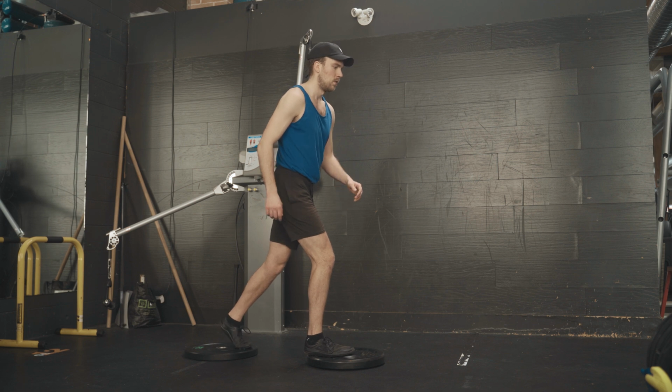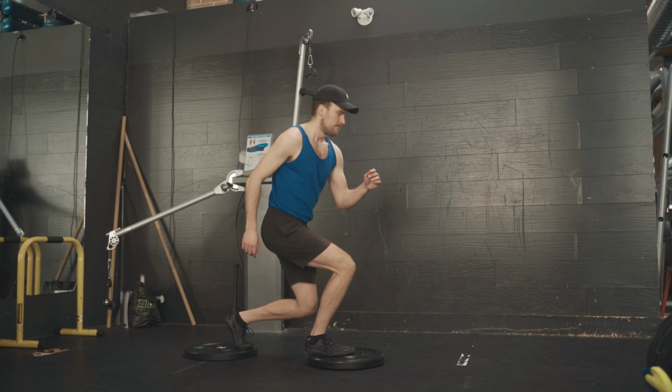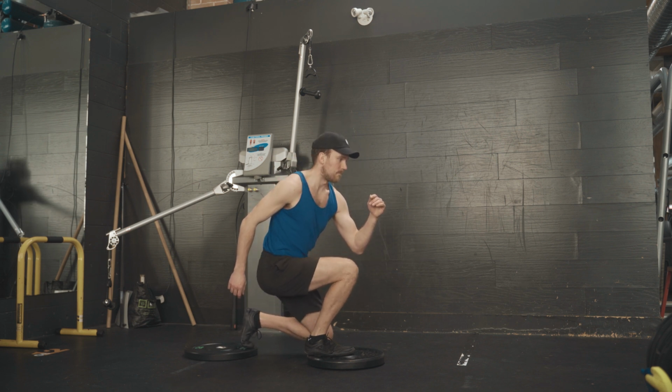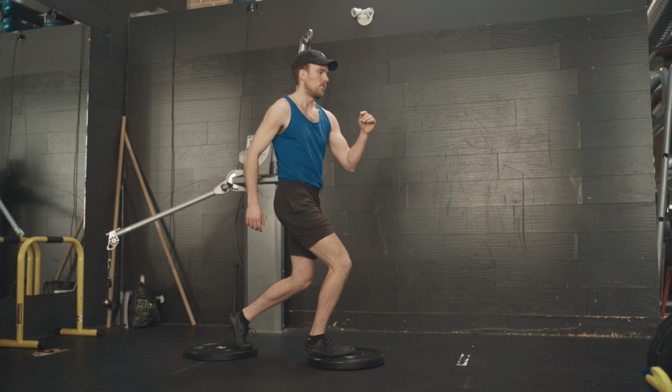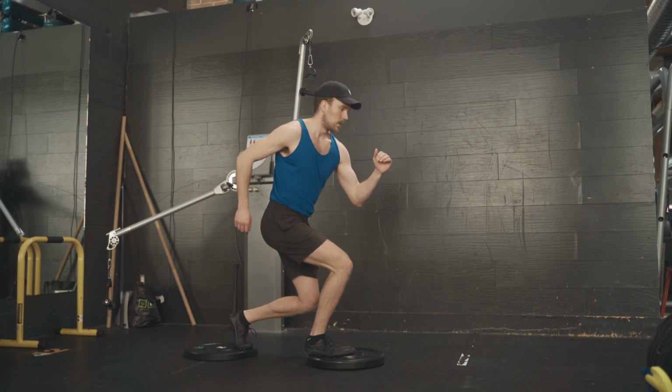So what good is a knee health program if we don't target the quads? So we have arrived. We've done a couple exercises for the hamstrings, and now we're gonna start to get into some specific knee extension work. That's not to say that we don't want the hamstrings and glutes to some degree still involved here, but you can see I'm just standing on 2 plates, and really what I'm trying to be mindful of here is that